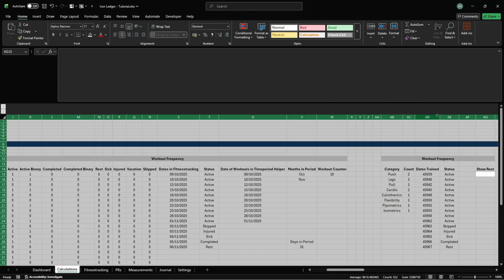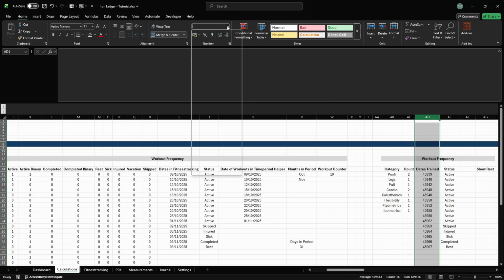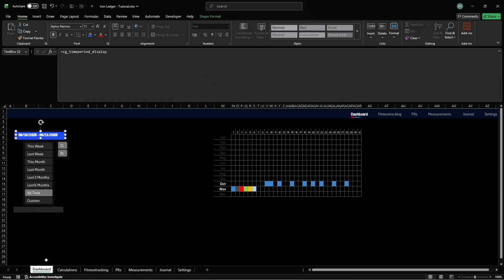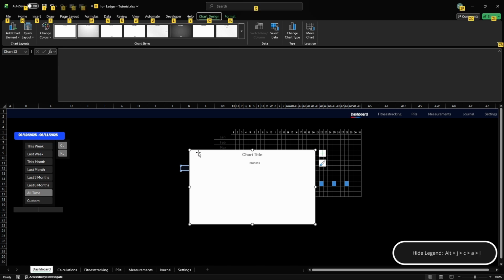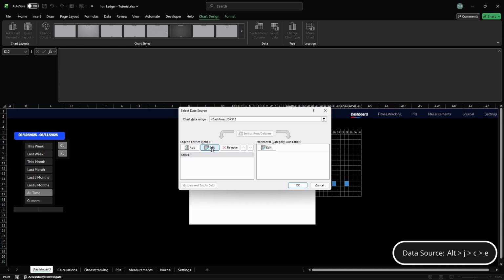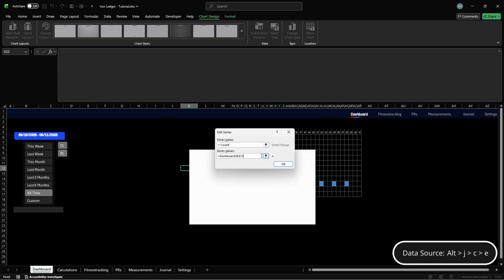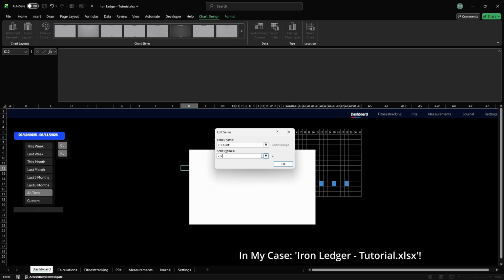Set the date column formats to short date. Now let's create the tree map chart. Insert a tree map. Remove the title and legend. Head to select data. For series name, use the header cell count. For series value, type your sheet name with the file extension and an exclamation mark at the end before typing